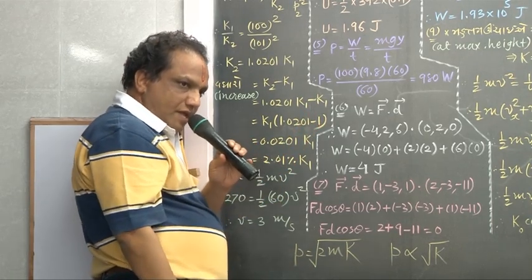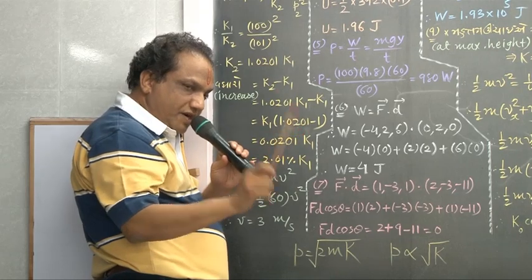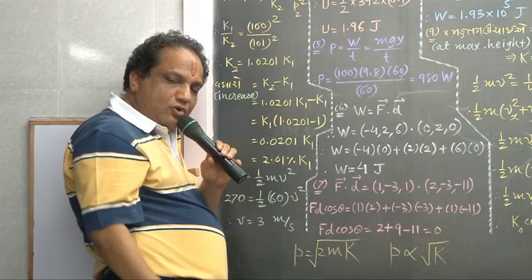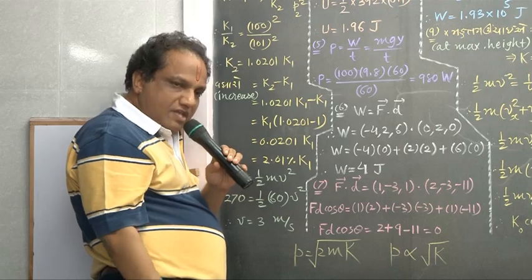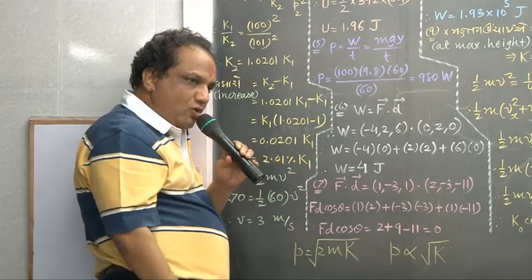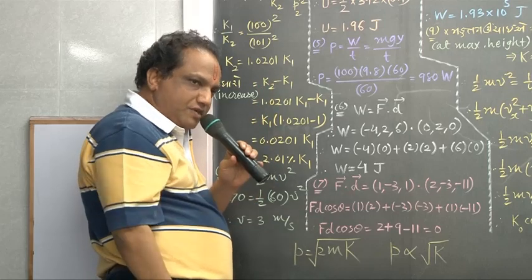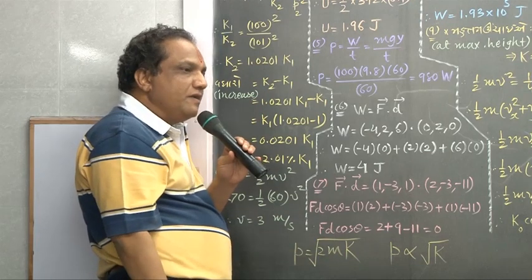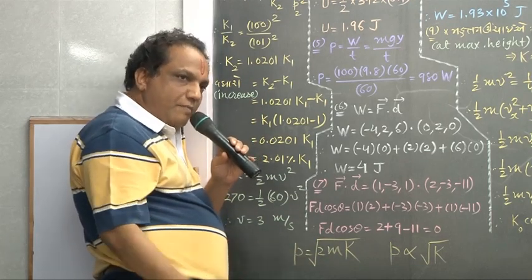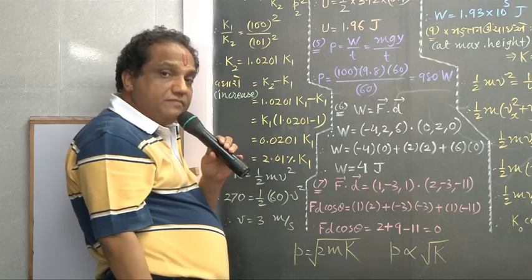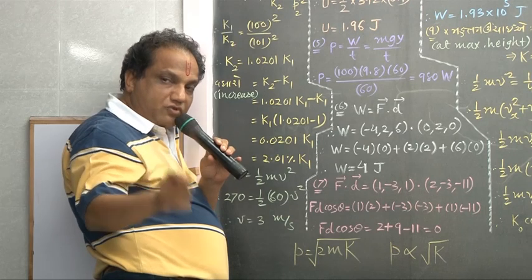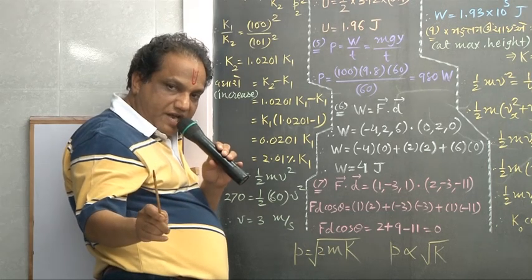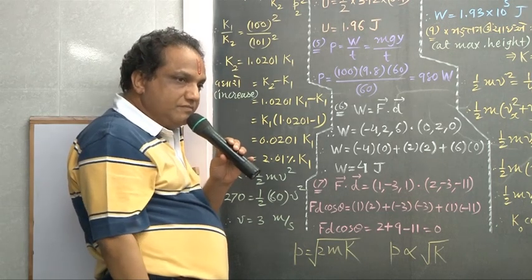You should take K1 as 100 units. K1 how much? 100. And what is 250% of 100? 250. If I ask you 3%, then what do you do? Multiply by 3, divide by 100. If I ask you 5%, then multiply by 5. If I am asking you 250%, 100 into 250 upon 100. So what is the answer? 250. But that much is increase in kinetic energy. So final kinetic energy will be 100 plus 250. How much is it? 350. So K1 is 100, K2 is 350.